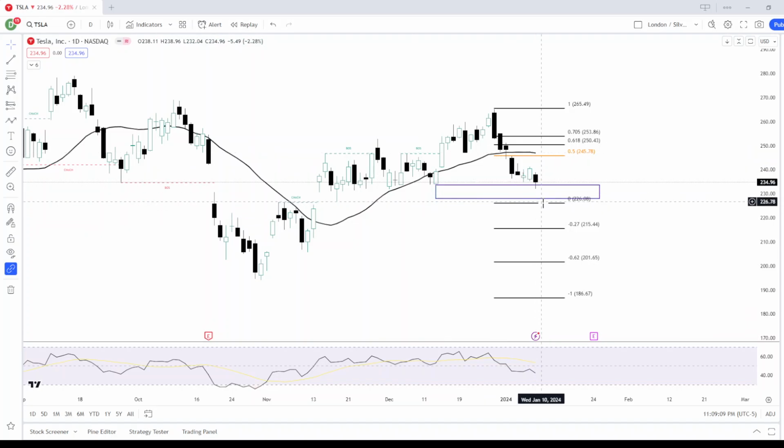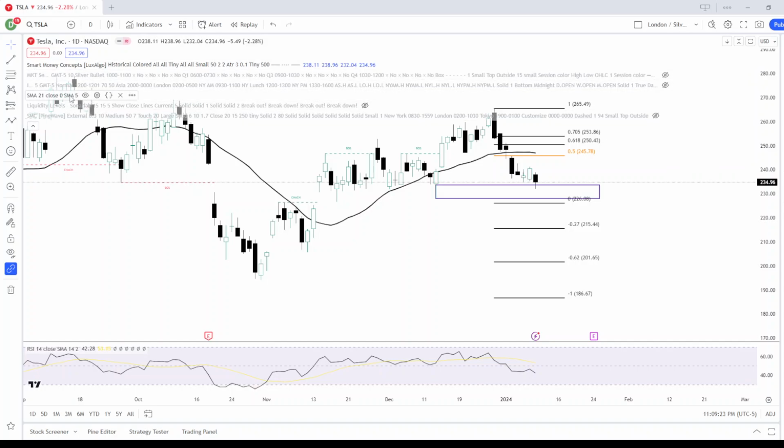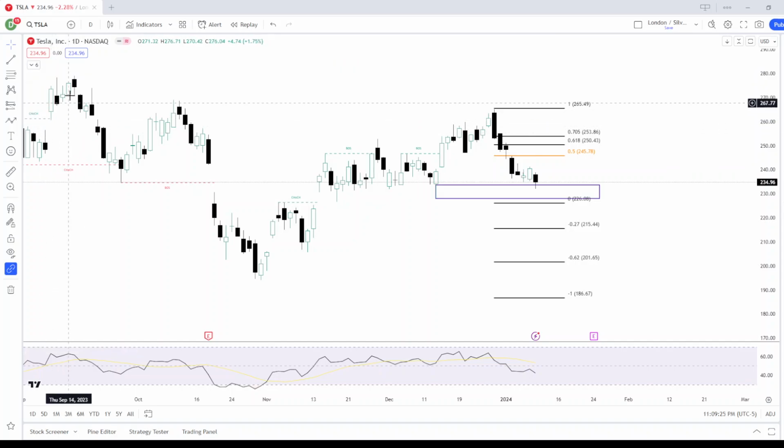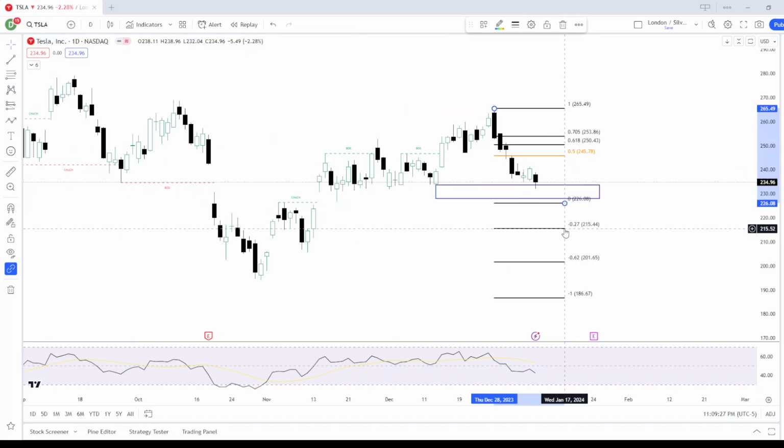So again, maybe a quick dump down, take the low, pop back up, test the moving average, right? Above equilibrium, fair value gap. Those are kind of the indicators that we're looking for a swing short if you're trading the daily time frame. Okay, so let's drop down also to the